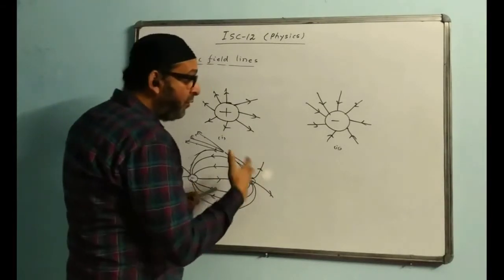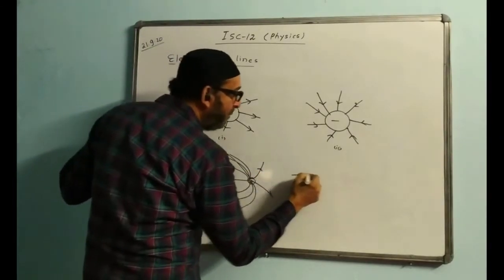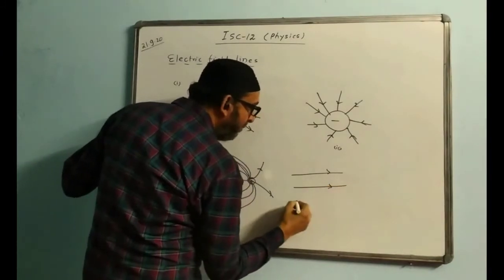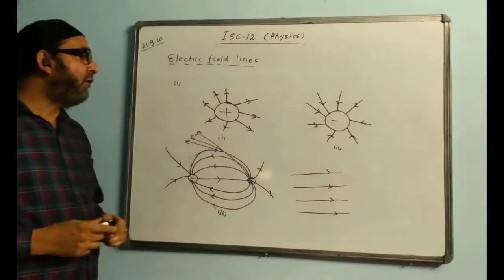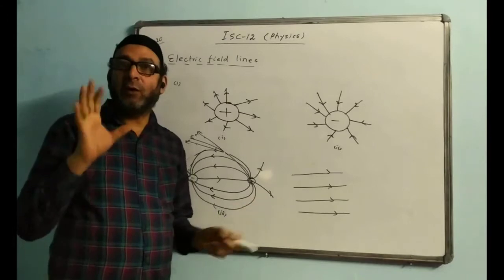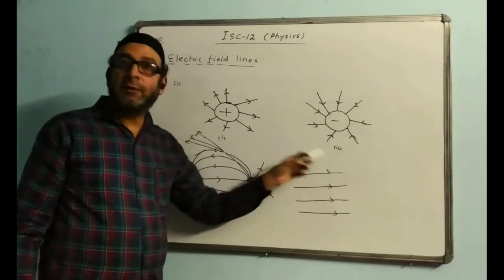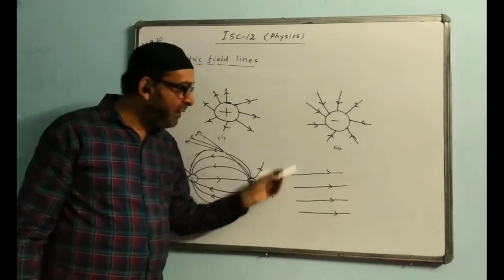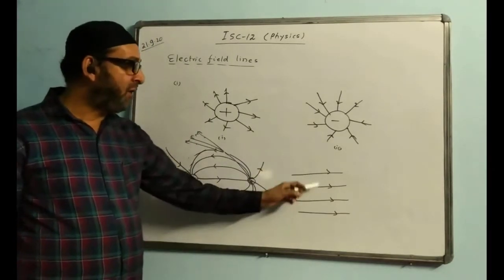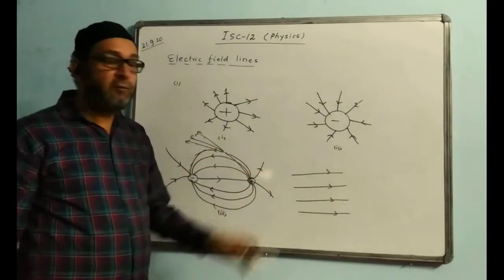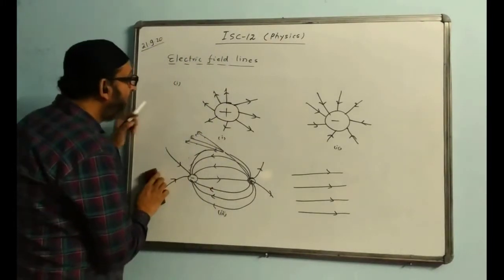Now another one. For uniform fields, where the values are the same everywhere, the electric field lines will be parallel like this. They will be straight lines parallel to each other. They will represent a uniform electric field. A uniform electric field has a constant value. Every value of the electric field will be the same in this region. So parallel field lines are drawn to represent a uniform field. This kind of lines will go all parallel to one another. So this is called a uniform electric field. This topic is covered.